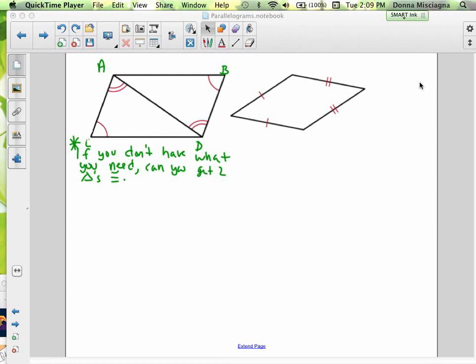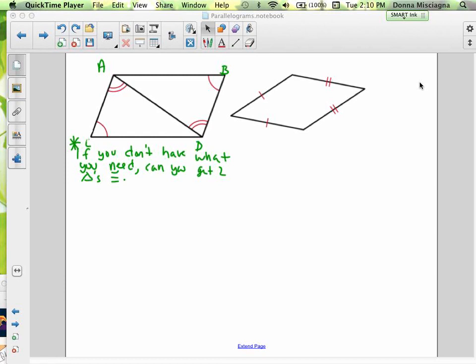Welcome. We'll be proving whether quadrilaterals are or are not parallelograms. These two are not in your notes. Actually, that first one would have been a good one to have in your notes. I would like you to write what is, got a little star there. If you don't have what you need, can you get two triangles congruent? That is a good